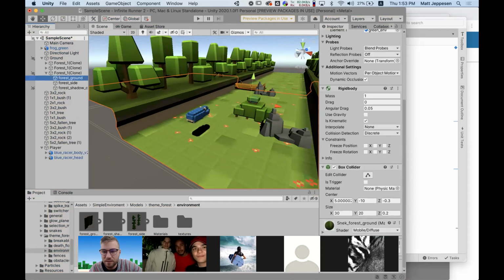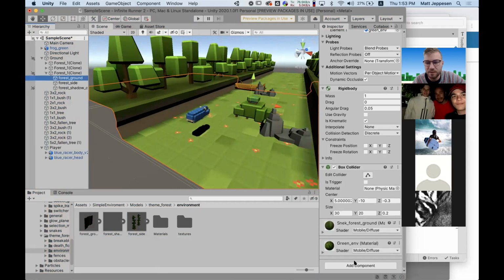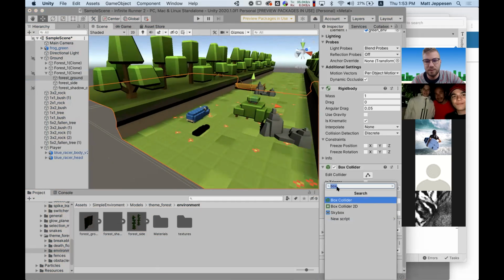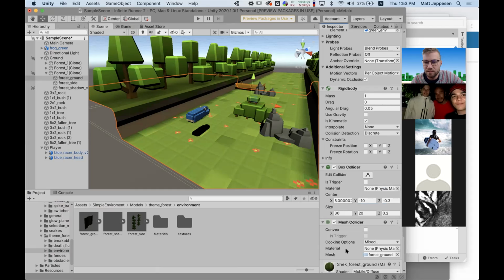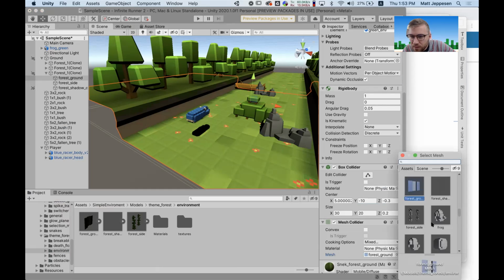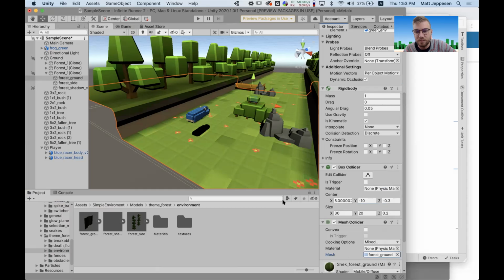I'm going to try, just for fun, to see if we can get a mesh collider that will at least recognize those sides. So let's go mesh collider. Okay, the mesh is forest ground. Zoom is really hard for me to see anything. Yeah, that looks right. Okay, so the real question is,